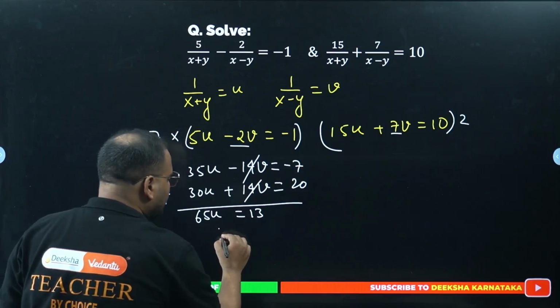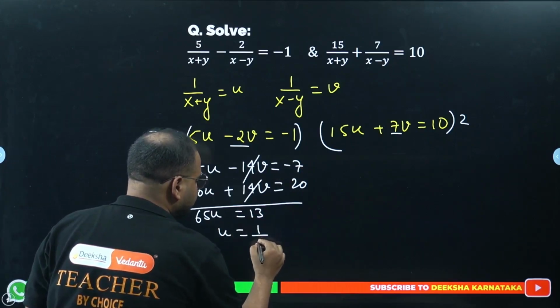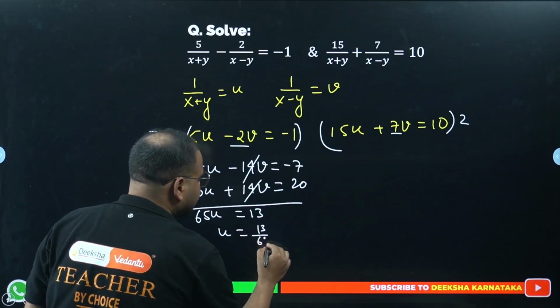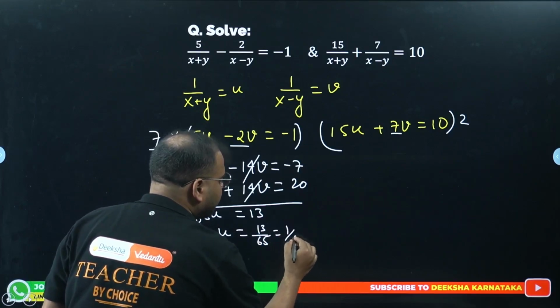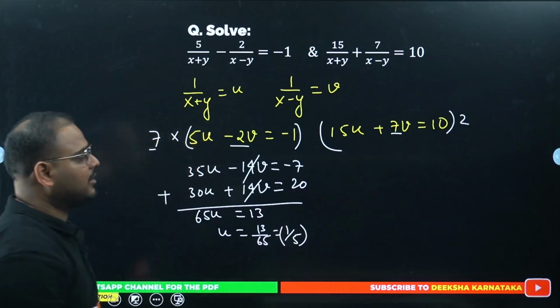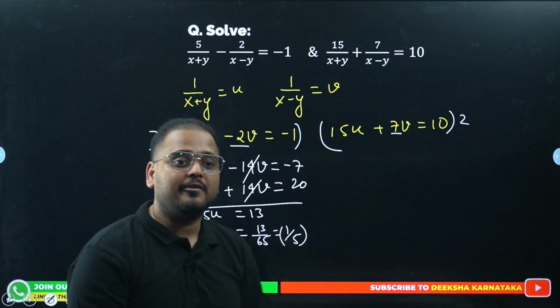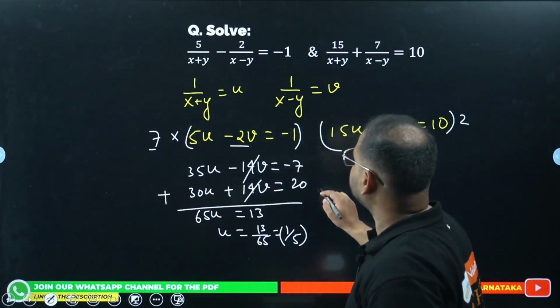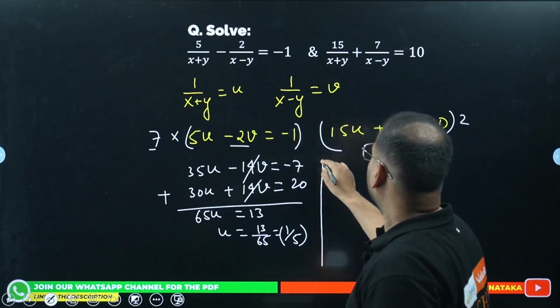What is my u value? The u value is 13 upon 65, which is 1 upon 5. Great. Now use this u to find my v. Let's check it out here. I'll use the